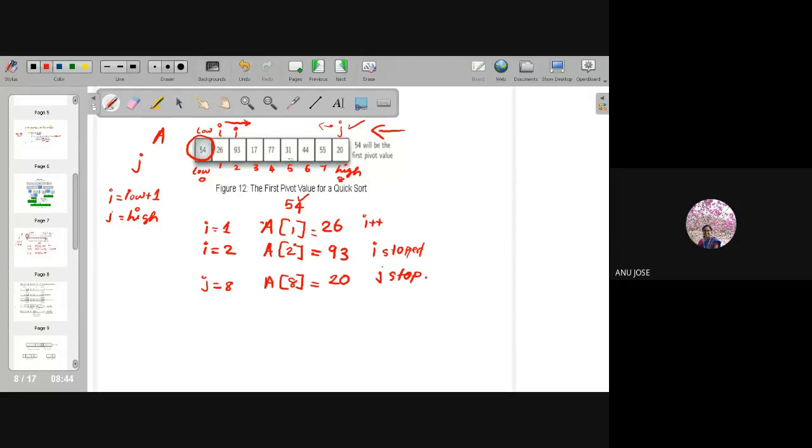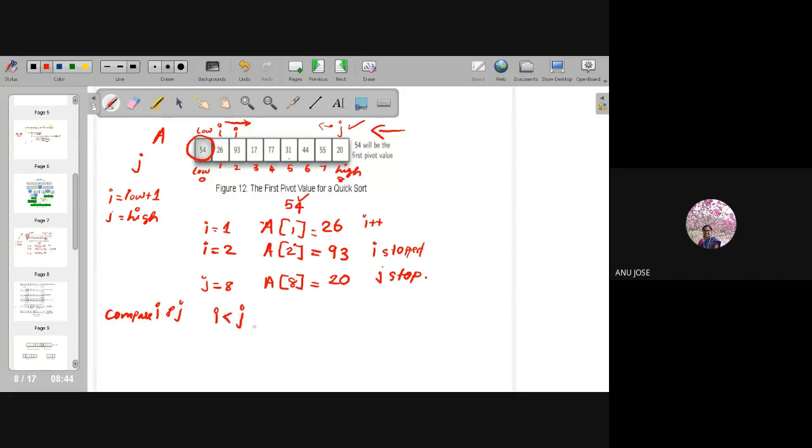Now the movement of i is stopped at location 2 and the movement of j is stopped at location 8. Once the movement of i and j is stopped, you have to compare i and j.